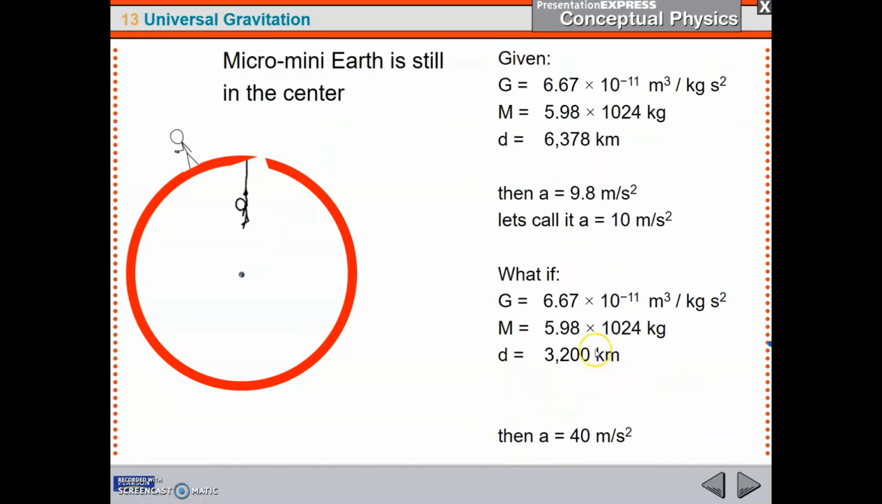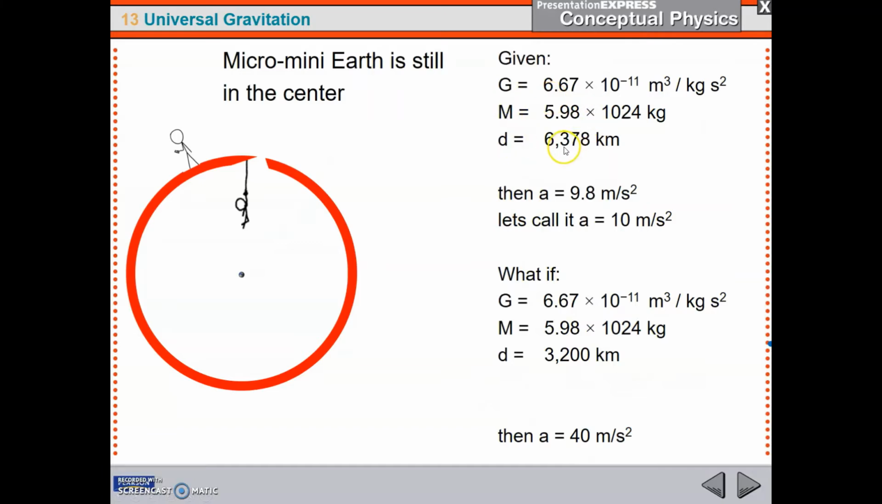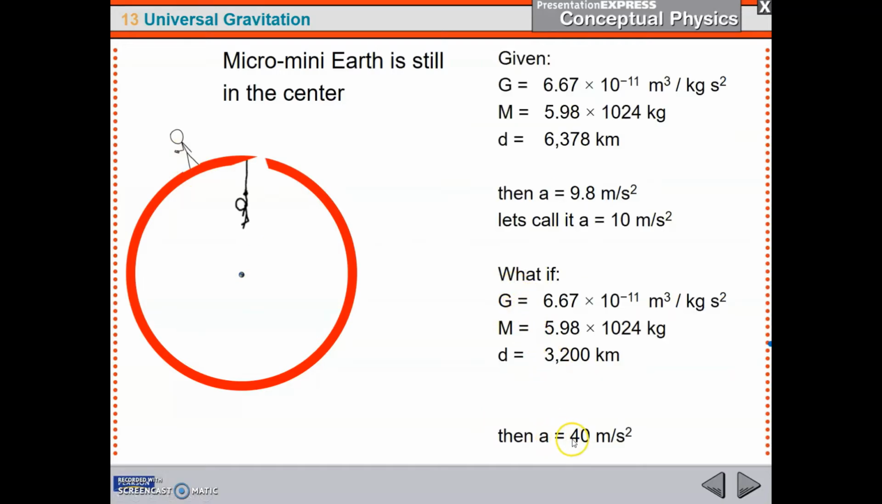Now what I'm going to do next is, the same G, M, and D here, diameter 6,000 kilometers. Instead of worrying about 9.8, I'm just going to call it 10 meters per second squared. But now I'm going to change the D, cut it in half, and round it off a little. So D is 3,200 kilometers. Remember, I was calculating acceleration: acceleration equals GM divided by D squared. So if I move Randall halfway down to the Earth here, his new acceleration is going to be 40 meters